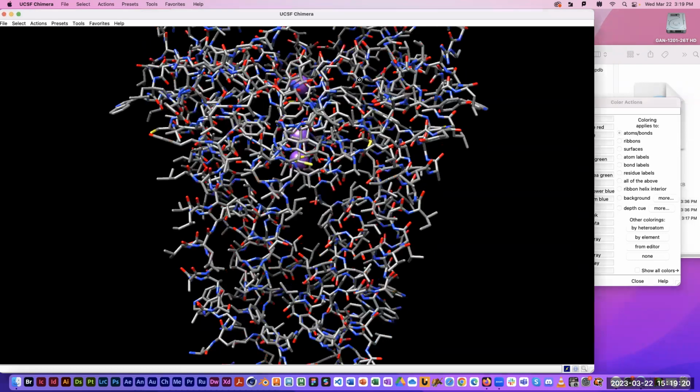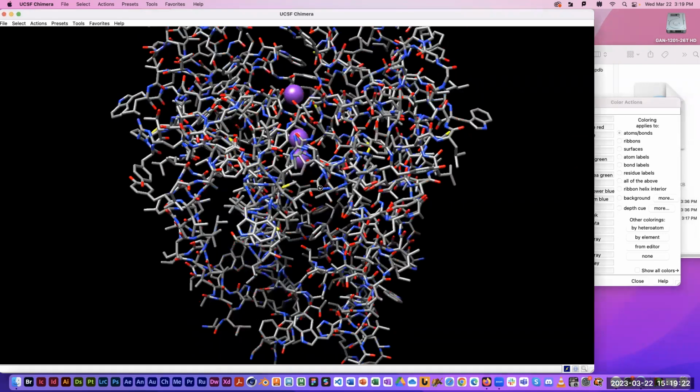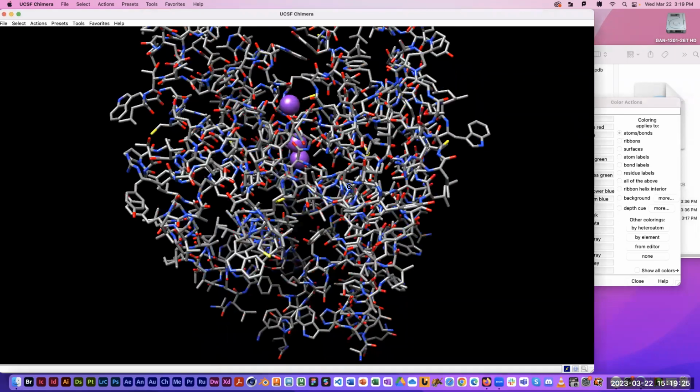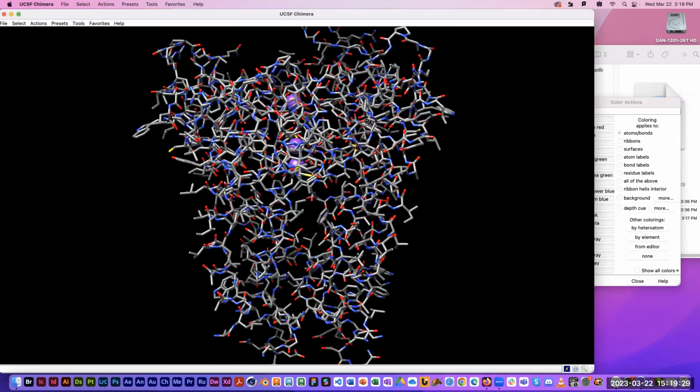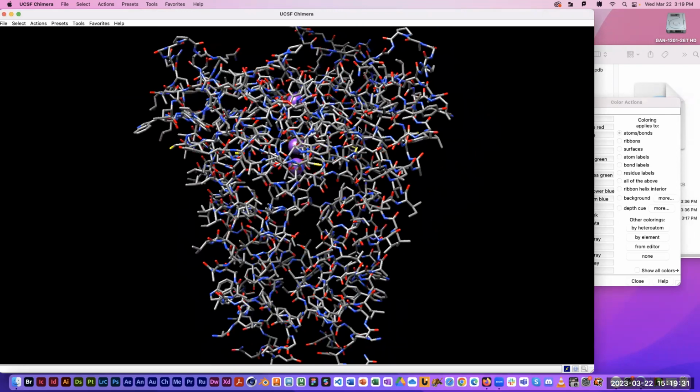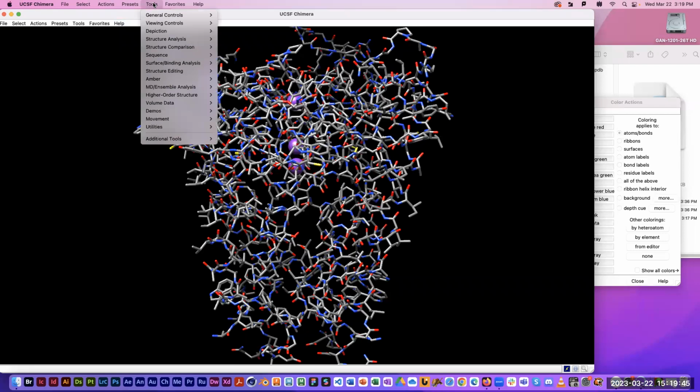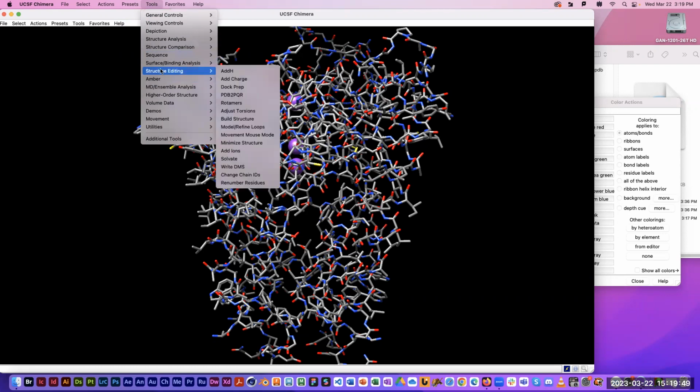But I'm noticing that there are no hydrogens at all. So I'm definitely not seeing every atom in this molecule. There's a tool that allows you to add hydrogens. Pymol had something similar. In Pymol, it was under the actions button over on the right. But here in Chimera, you have to go to the tools menu, structure editing, add H,